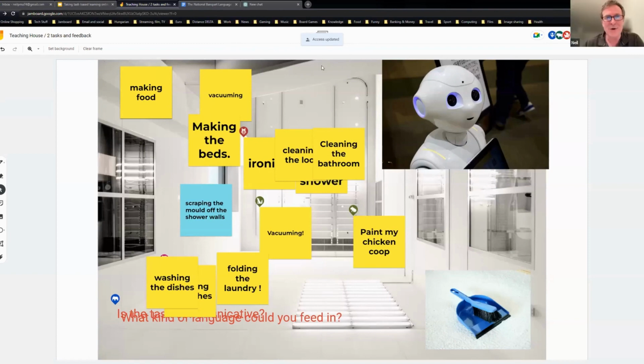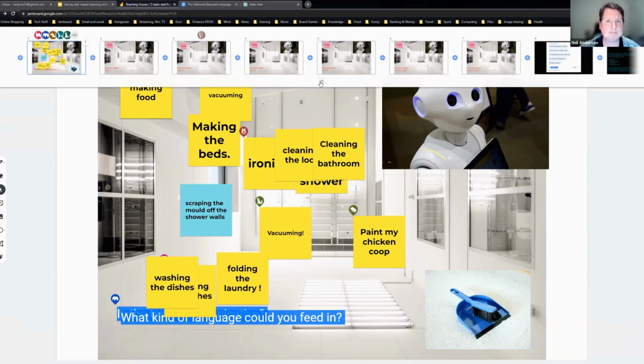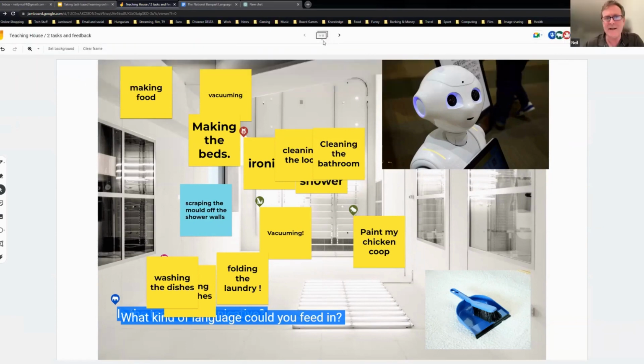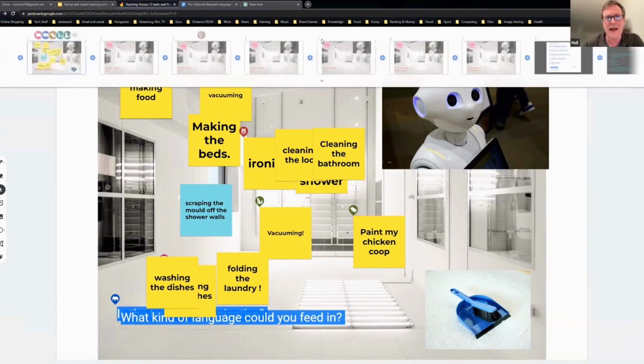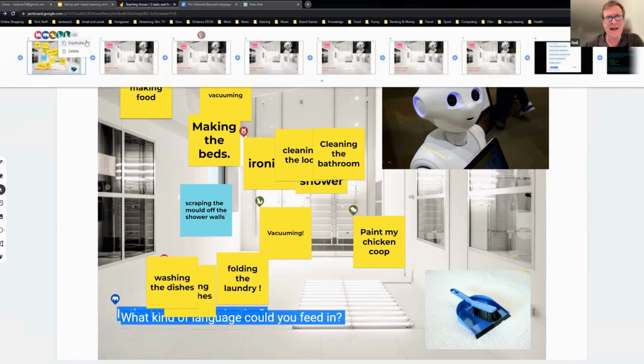Now Neil's going to show you something at the top. It's very tiny, that little V sign, very important. When you open that, you can duplicate your Jamboard, all the pictures, anything that's on it.